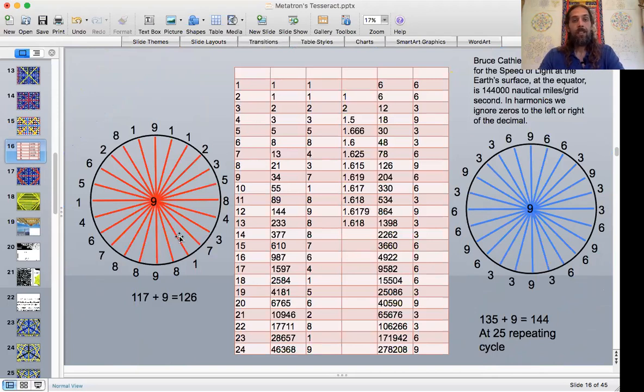Now, when I was doing this, I was like, I never did this before, but I'm going to add up all these numbers around the outside and see what they come up to. Starting at 1 and going all the way to 9, it gave me 126. Yes, that would add up to 9. That's cool. But as I said, I bet you this is going to add up to 144, because 144 is